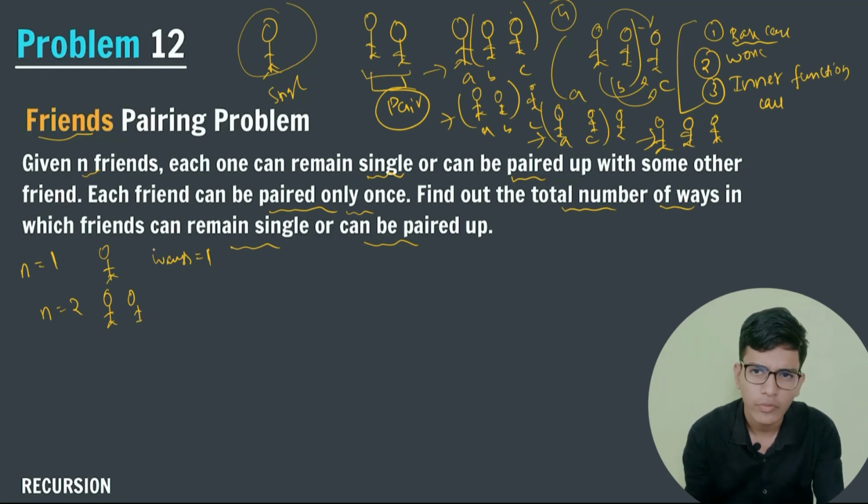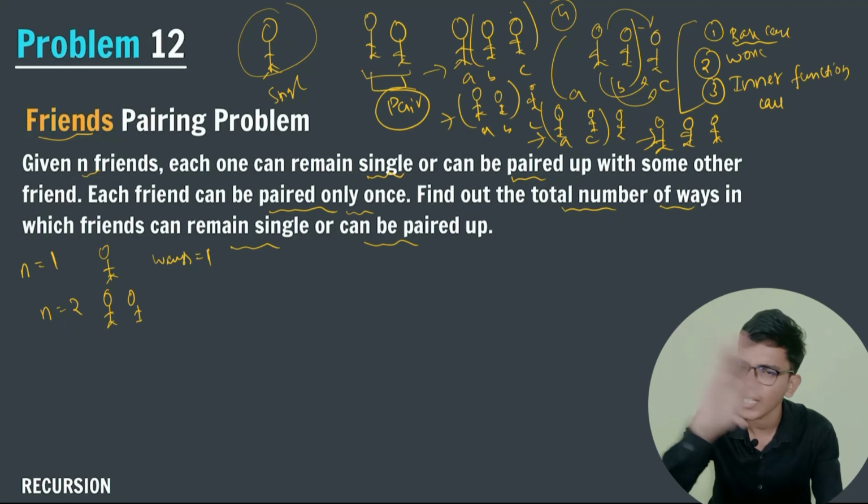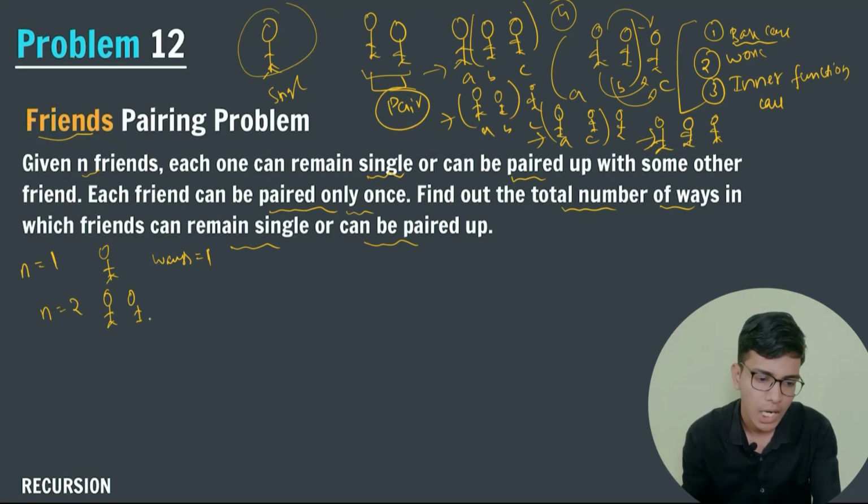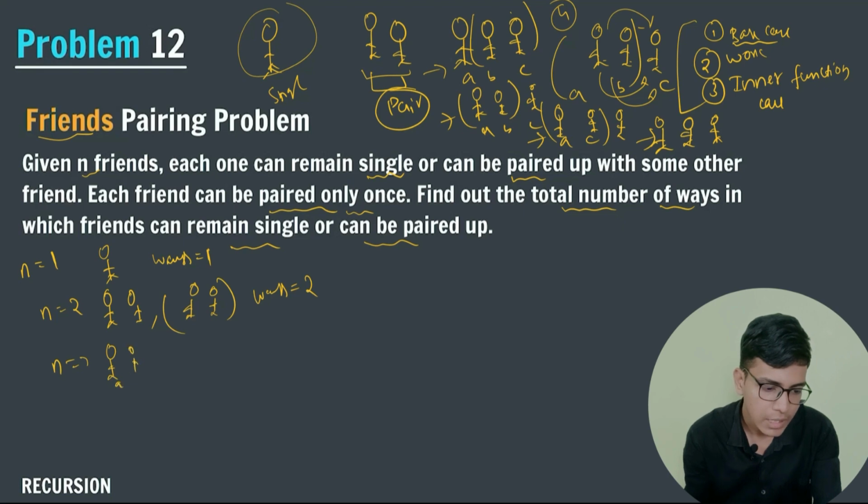They don't want to talk with one another, so they will remain separated and do their own stuff. The other way is that the two persons can form a pair, so the number of ways will be 2. When n is equal to 3, we already saw that the three friends, that is A, B and C,